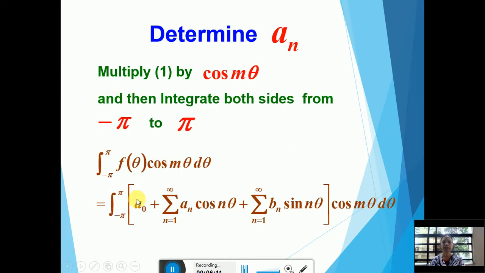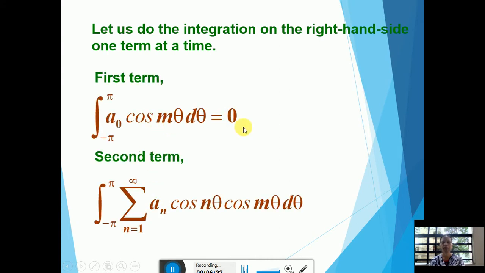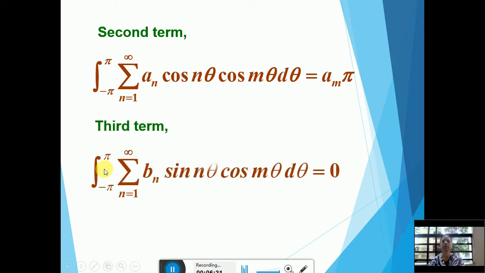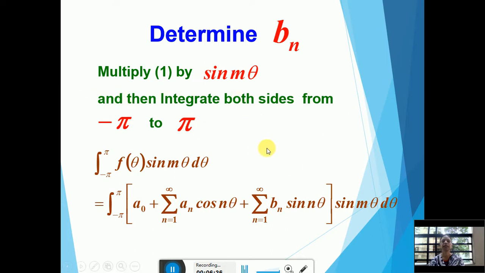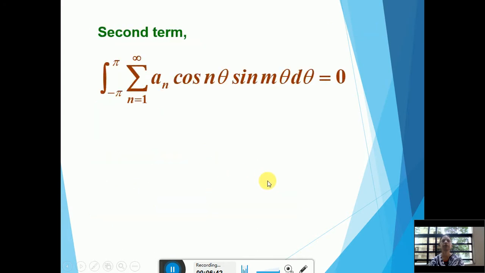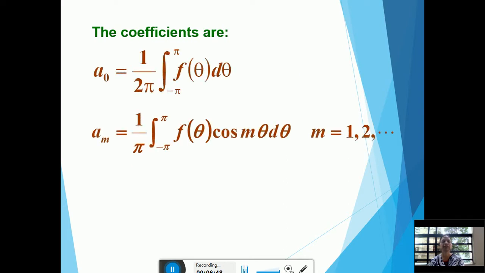To determine an, we consider this equation multiplied with cos n theta, with limits minus pi to plus pi. This term is 0. Then you have the cos n theta term, which is equal to an pi. The third term is 0. This is what you are getting. So to determine this, once again, this is 0, the second term is 0, this is 0, and you get bn pi. Therefore, the coefficients are a0 is given by this, am is given by this,